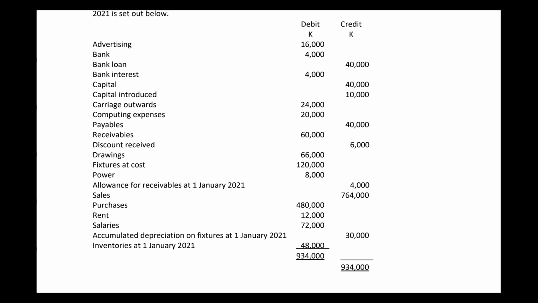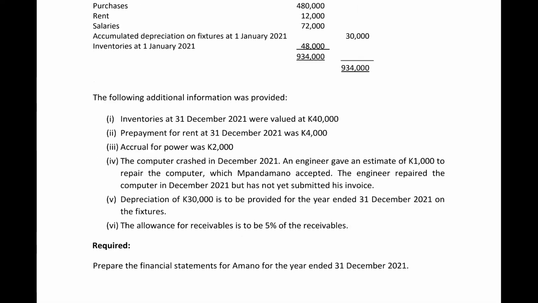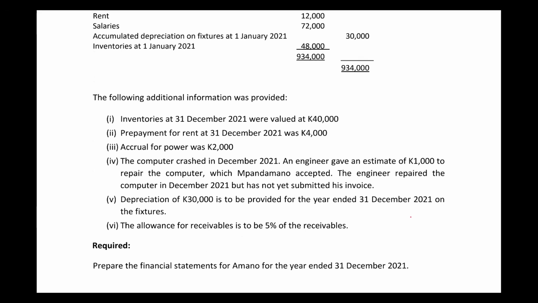Okay, if that is clear, then just follow the adjustment that we are making. We'll show you the solution. Don't worry, we'll do the solution together. We are still discussing the question, and that is what you are supposed to do. First, you have to discuss the question with yourself. Understand the question, understand the adjustments that you are supposed to make before you can progress into attempting the question. Number 5, depreciation of 30,000 is to be provided for the year ended 31st